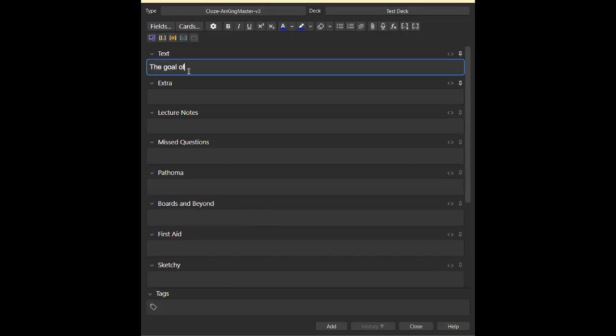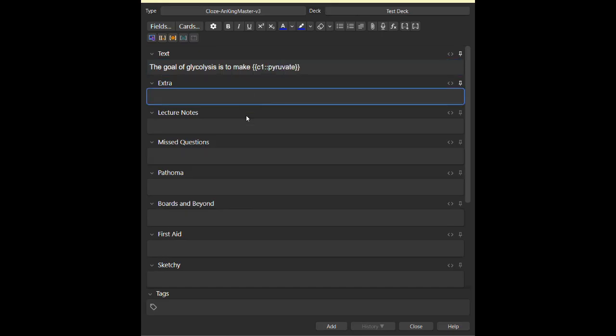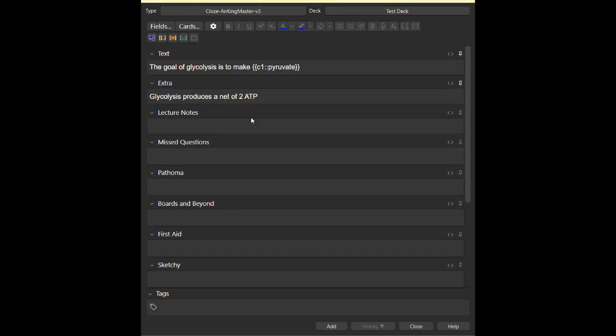So the goal of glycolysis is to make pyruvate. So let's say I want this to be closed. Very good there. Extra. This is similar to the back extra a while ago. This is just extra information or context that will appear once you answer the card. So glycolysis produces a net of 2 ATP, something like that, right? Now,